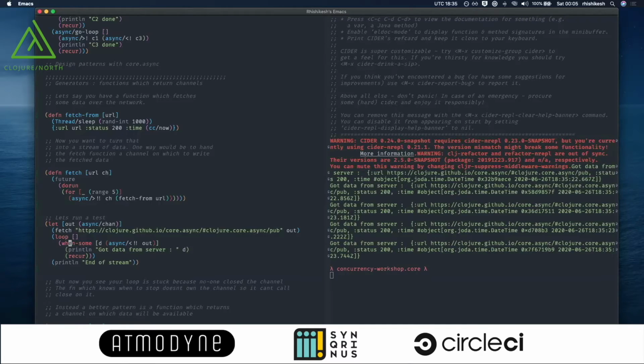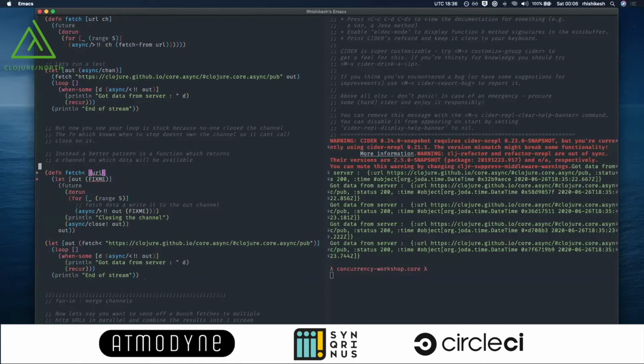So a couple of solutions here. If your code allows it, maybe just close the channel here. But a better pattern is for the function itself to return the channel and close it out when it's done, because this function knows when the stream is going to end. Maybe it is ending on an exception, or maybe it is ending due to some special value that you get, right? So this is a better pattern. Whenever you have a function that is streaming data, that function returns the channel on which you can read data,